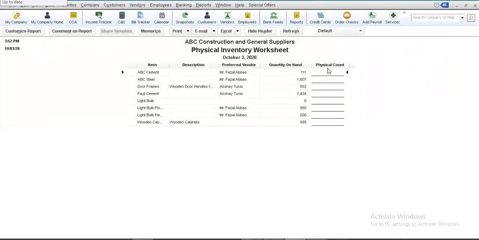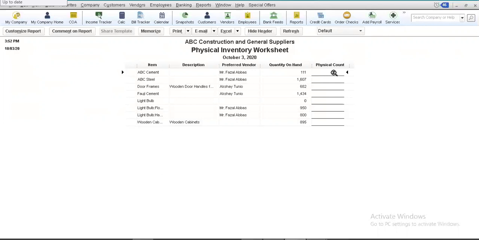So basically, when the physical count of inventory is conducted, what will happen is that against each particular item, for example, ABC cement is shown to have a quantity in hand of 111 units. However, you know that some kind of normal and abnormal losses can be involved. So the physical count can either be less than this particular count, or it can also sometimes be more than this particular count, because it is possible that we forget to record some sale or some purchase of this particular piece of inventory as well.